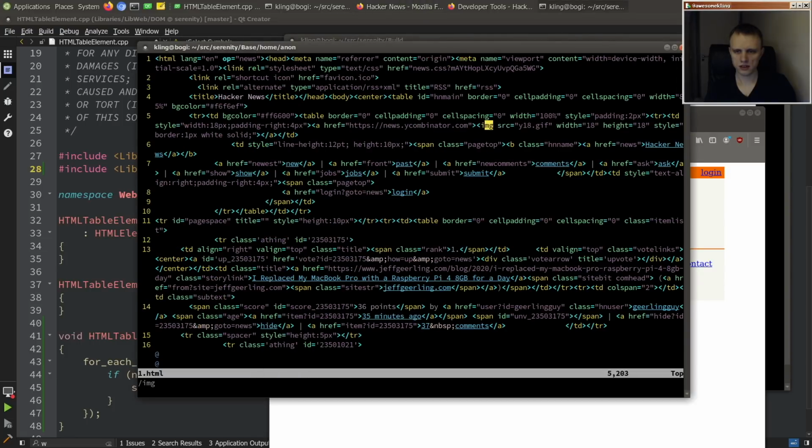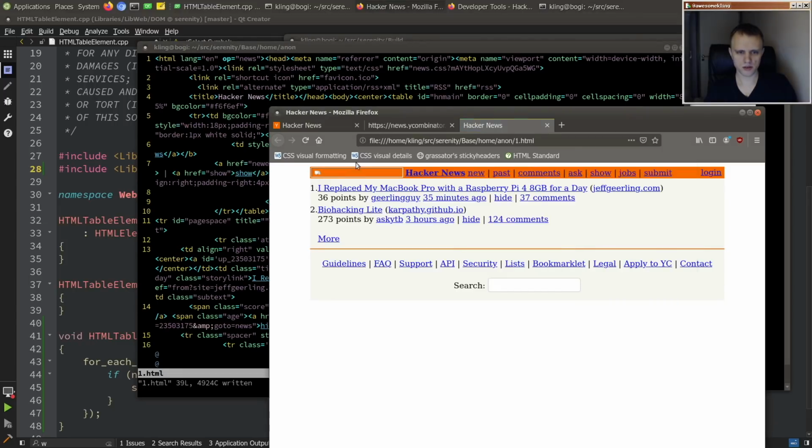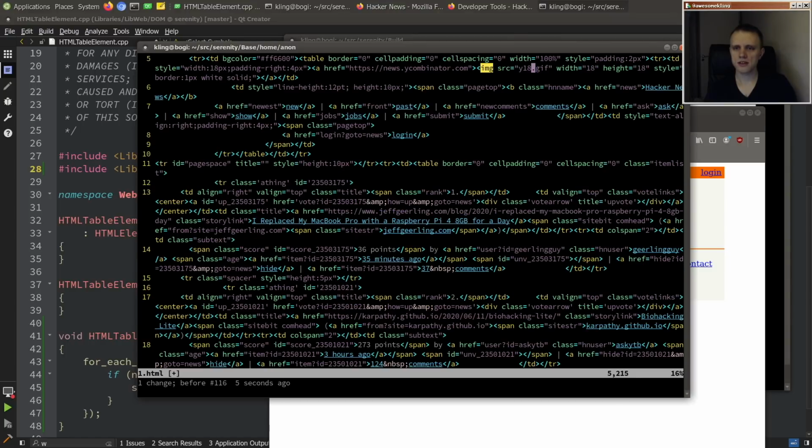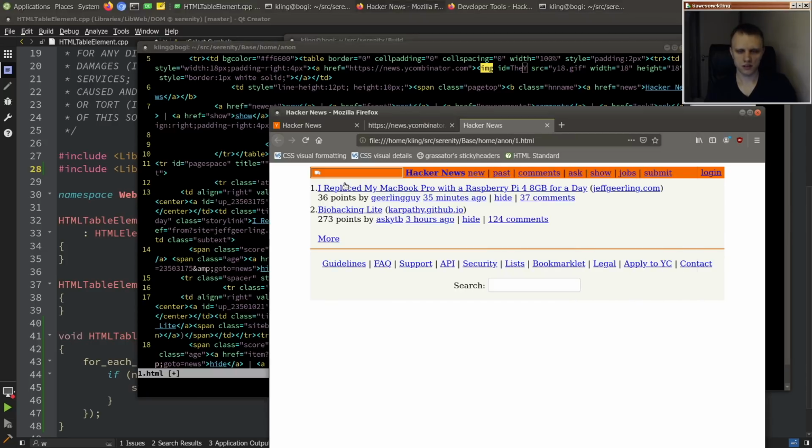Is this that guy? Let's give him a ridiculous width just to see. Okay, so this one is right here. So I'm just gonna give it an ID so we can easily catch it. Call it like the Y. And